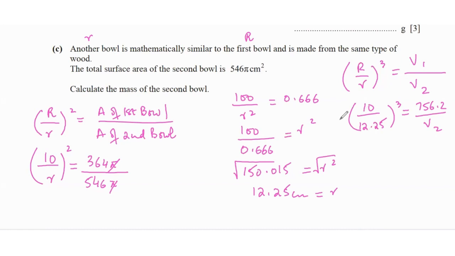So if we solve that, 10 divided by 12.25, and then you cube that, so that's 0.5439 equals to this. So second volume is going to be 756.2 divided by 0.5439, and that is going to give us